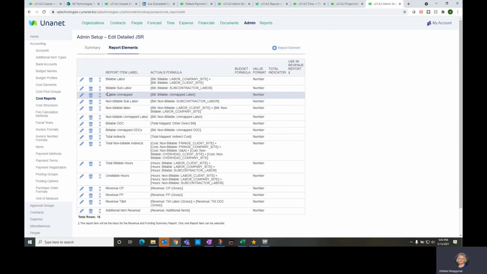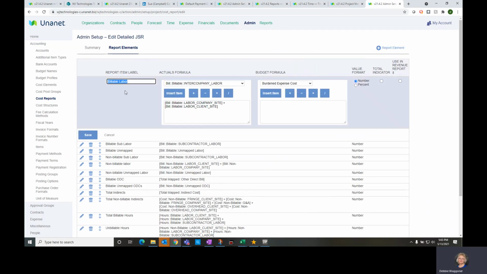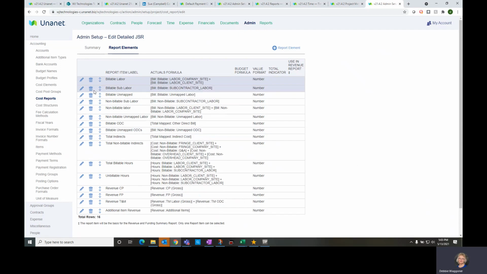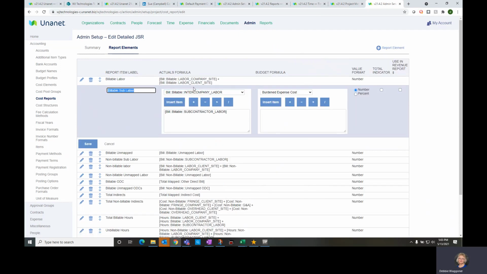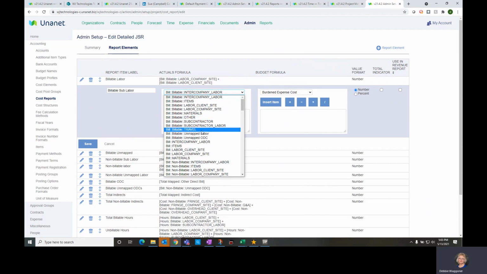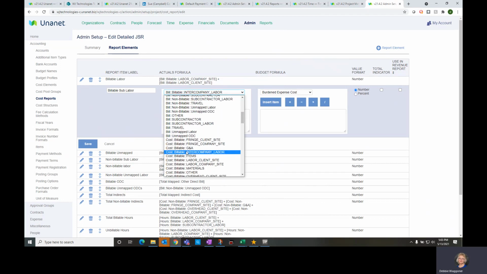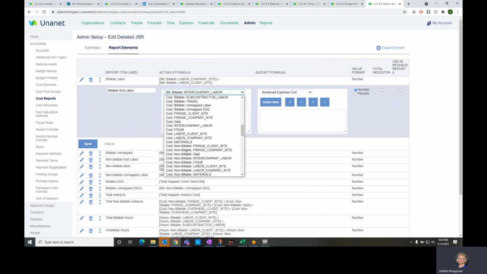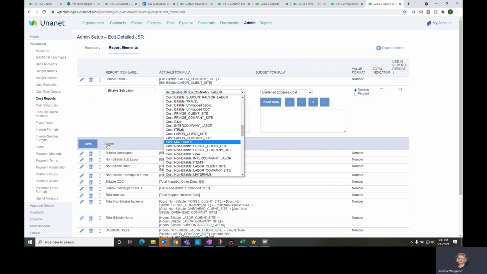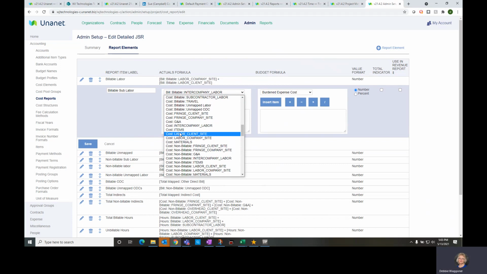What I don't want to do is come in here and say, okay, well, I want billable labor here, but for sublabor, maybe I want cost. So if we look here, I've got billable labor, I've got non-billable, and then I've got cost billable and cost non-billable. In the example of labor, this might create a problem. Your billable labor for your T&M